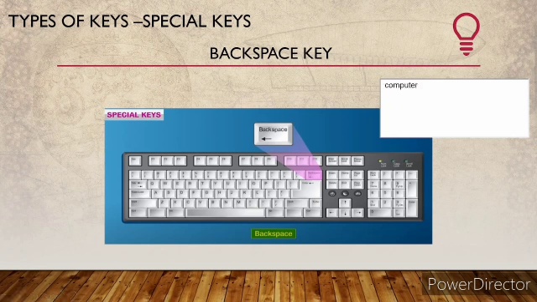computer. Okay, so here now I want to erase the letter R. Then how can I do this? I have to press the backspace button. Look at here, when I'm pressing it, the letter before the line cursor will be removed. Look at here, I'm pressing again, then the E will be removed. I'm pressing again, then the T is removed. So the backspace key is used to erase the letters which are there before the cursor. This is the function of the backspace key.